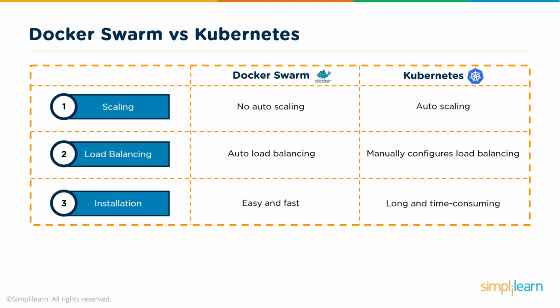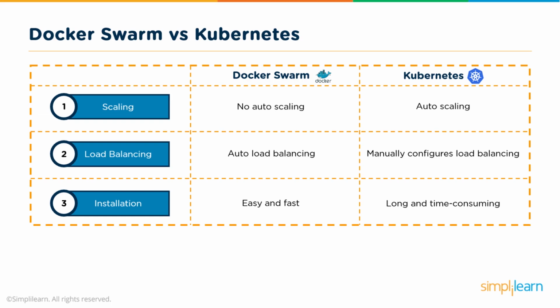Installation. As I mentioned earlier, Docker Swarm is a loose cluster of containers which are running on nodes. It is very easy to spin up a new node and then connect it to a swarm. And this can be done in a very loosely coupled way where you can create swarms of your choice. Nodes are allowed to connect to swarms and leave the swarms on the fly. So in all, the installation is pretty easy and fast.